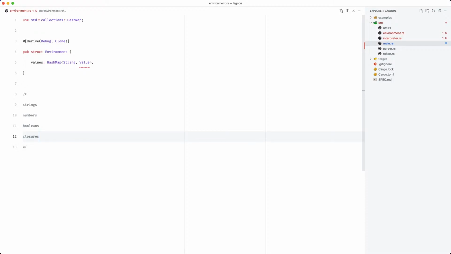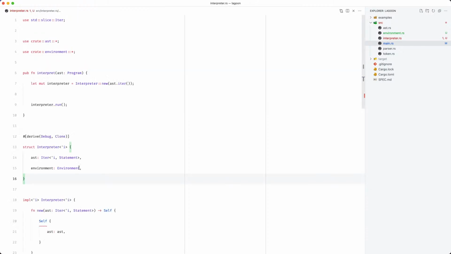So we'll leave those out for now. We'll start with these ones. So let's create a public enum called value. And we'll just start with numbers for now, since that's all our math is going to rely on. We also need to make sure this is debuggable and clonable. And that makes everyone happy, I think.